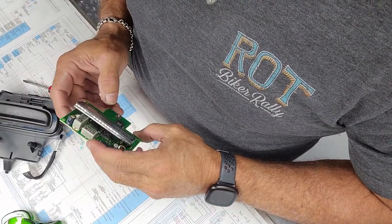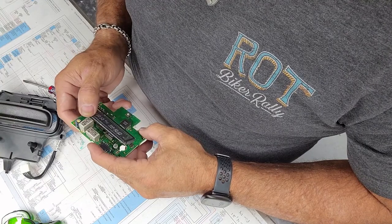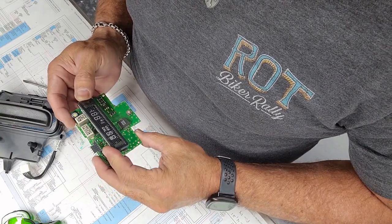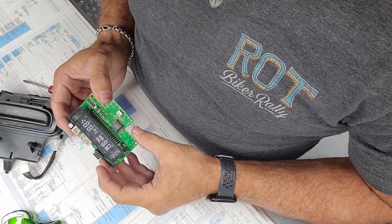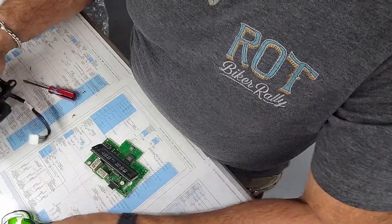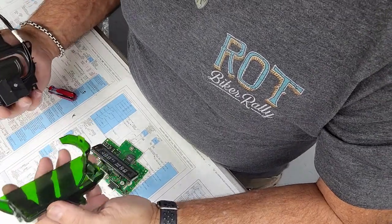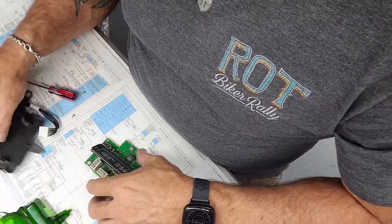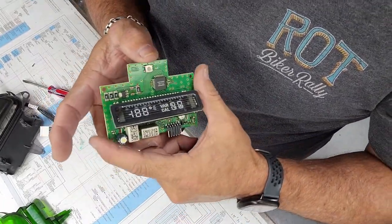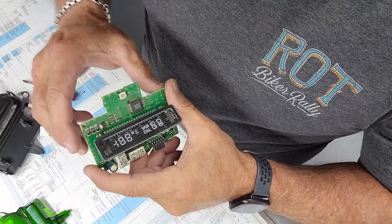This is missing a resistor. So I'm gonna have to look and see if I can find a resistor. It's gone. Sometimes you can find them laying in here, but this one is gone. Problem being, these resistors here